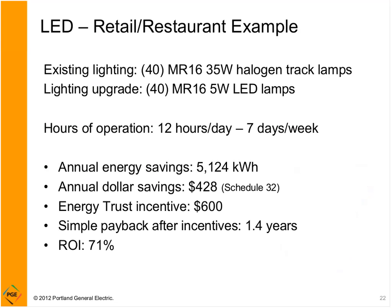We have an example here of, could be a retail or a restaurant space. Existing lighting, 40 MR16 35 watt halogen track lamps. So these are the relatively small halogen lamps, and replacing these with 40 MR16 5 watt LED lamps. So we plugged in a little longer hours of operation here, 12 hours a day, 7 days a week, which gives us annual energy savings of about